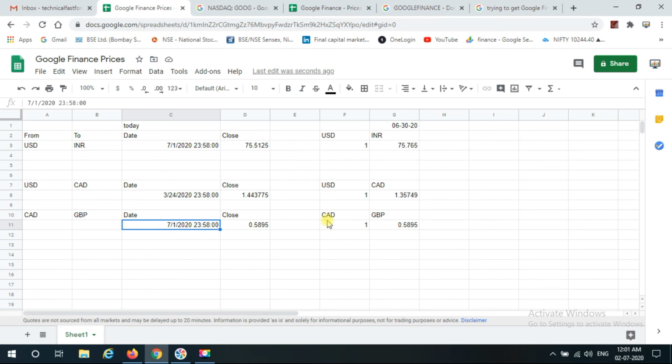One more thing I would like to tell you over here is that, let's say if I have to extract with cell referencing, how would I do that? I would just take this Google Finance price, and there's a formula to it. I would just delete this, make a space, and I would add cell referencing A10 and B10.